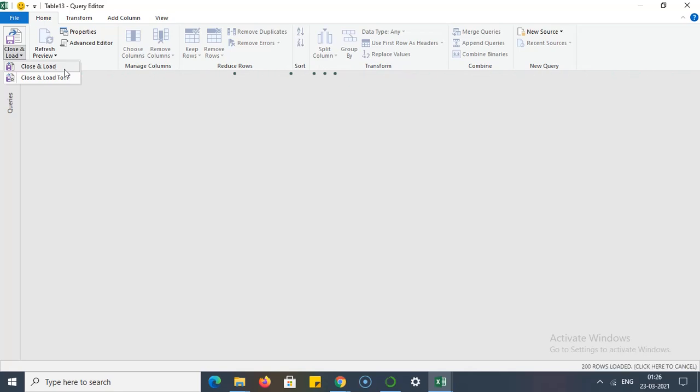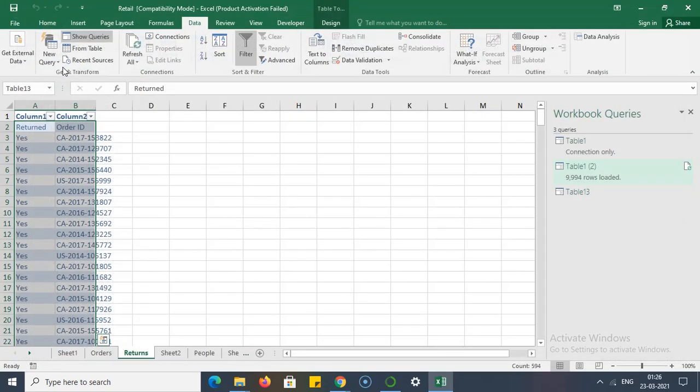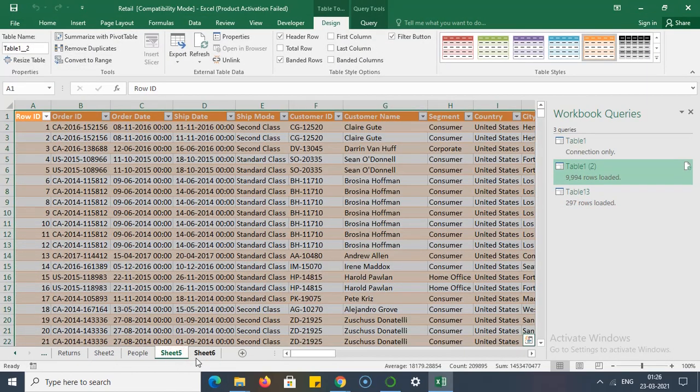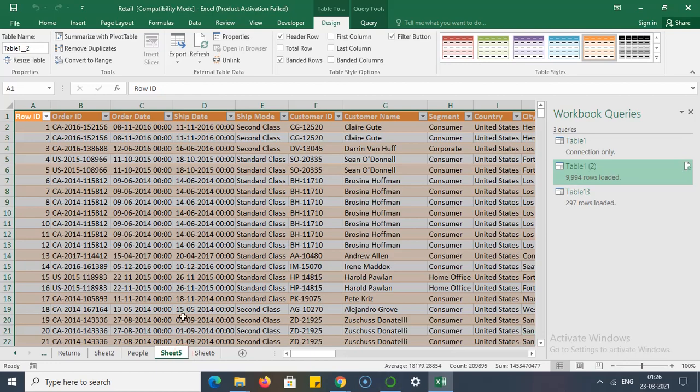The two new sheets are formed in our Excel. See here, Sheet 5 and Sheet 6, these two sheets are new in my Excel. So now my tables are ready.